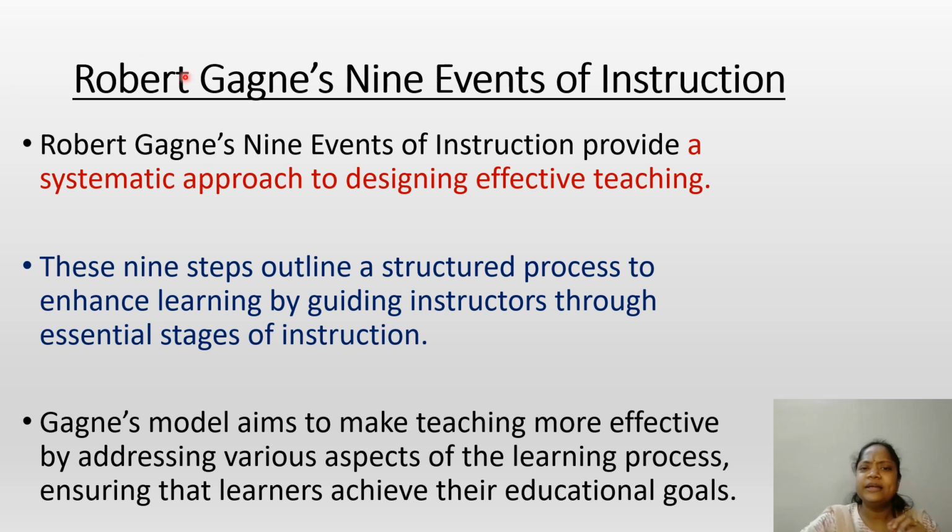So, Robert Gagne's 9 events of instruction provide a systematic approach to designing effective teaching. When we follow these 9 events, our teaching will be very effective. These 9 steps outline a structured process to enhance learning by guiding instructors through essential stages of instruction. Gagne's model aims to make teaching more effective by addressing various aspects of the learning process, ensuring that learners